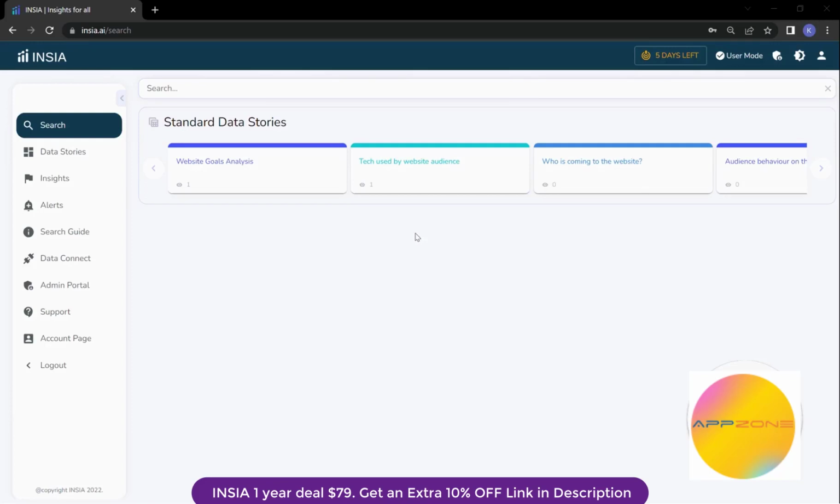Hey everyone, so today we'll go over the search guide on the INSIA application. Before we begin and I show you what the search guide is on an overview basis, the search guide is basically the place where you, as a first time user, go to get a good grip of how analysis can be performed on INSIA, how your data can be viewed on INSIA before you begin